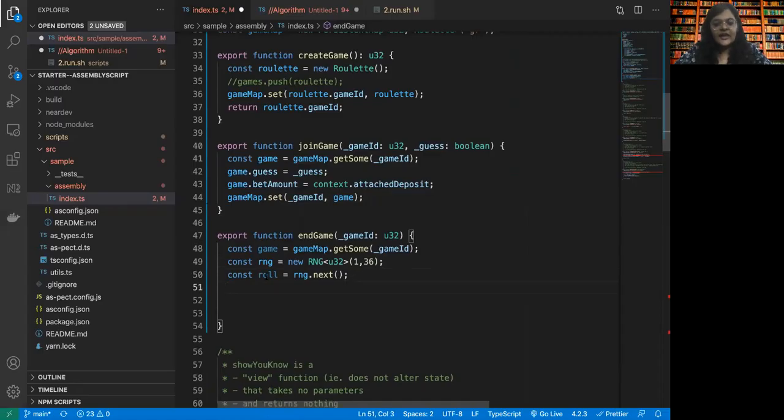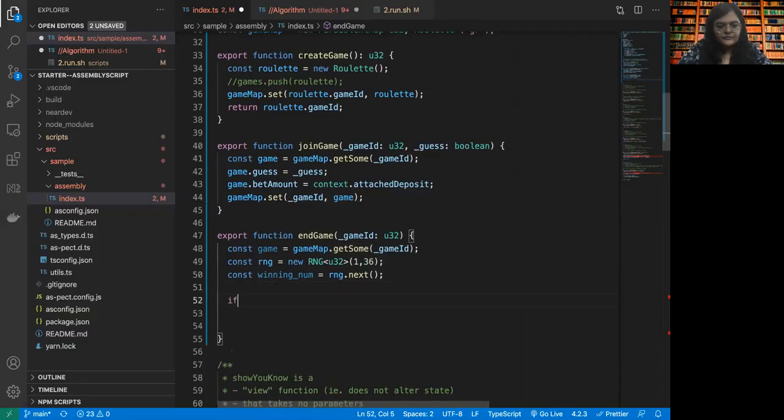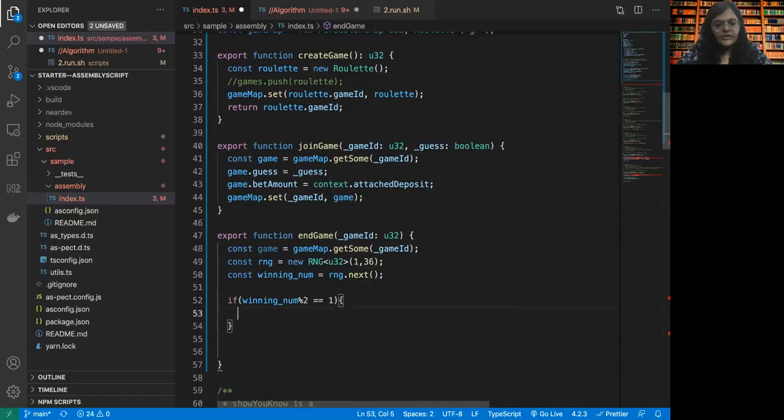Okay, now we have our random number. Let's call it the winning number. Winning number percentage 2 equal to 1. That is, the winning number is odd.